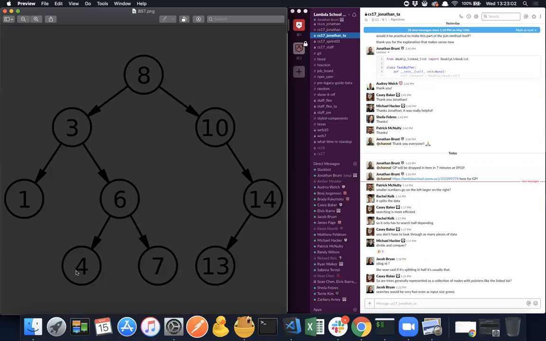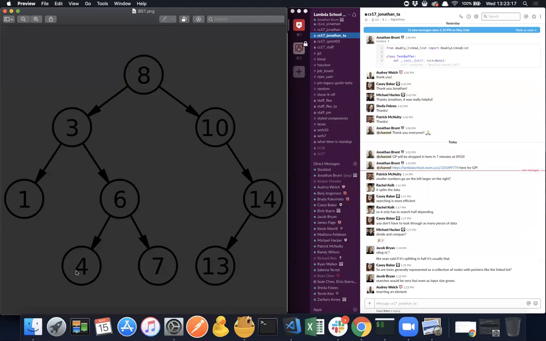Yes, searches are very fast even as input size grows. Can you think of something that's less efficient about a binary search tree? I'll kind of narrow it down. When we're populating a list versus populating a